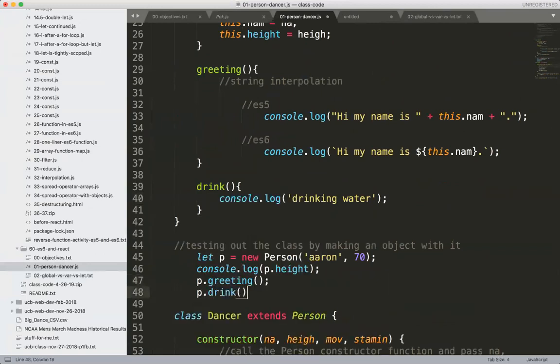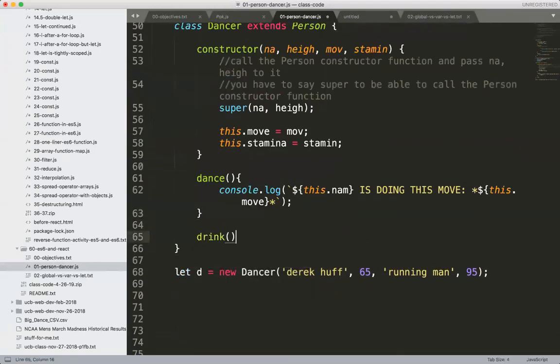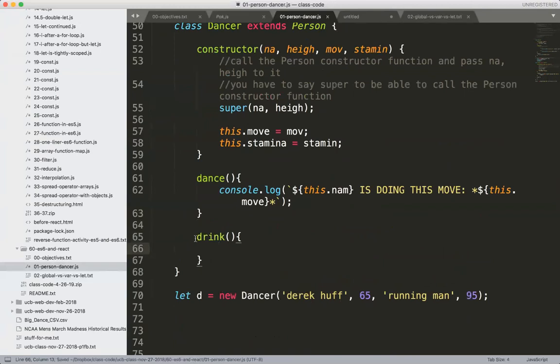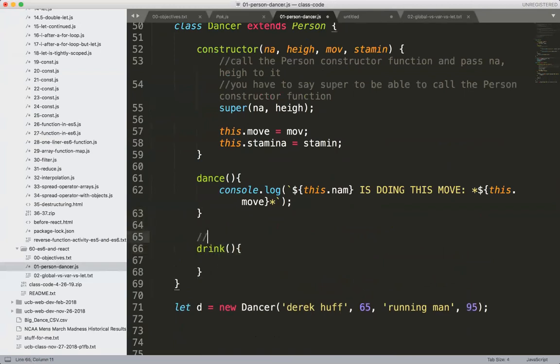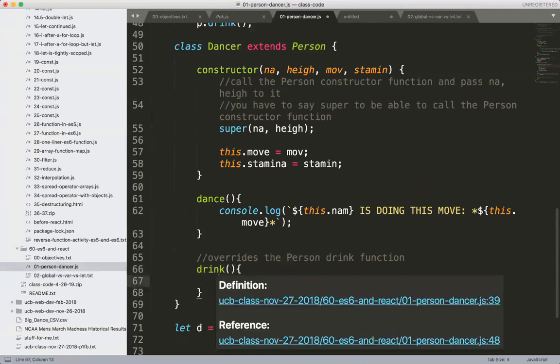So a person can drink, right? So I can call the drink function off of the person object. And I can actually override the drink function by doing drink right here, right? This overrides the person drink function. Because I'm extending person, any dancer object will automatically have a drink function inside of it, but I can override that drink function, right? Right here,